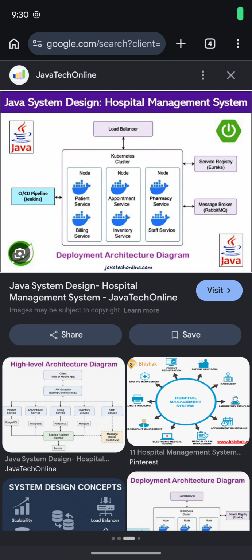Hi, for today's YouTube video, we're going to discuss system design for a hospital management system. I want to explain how we can design such a system. Different designs I would like to explain for hospital management. You see here, the first thing is